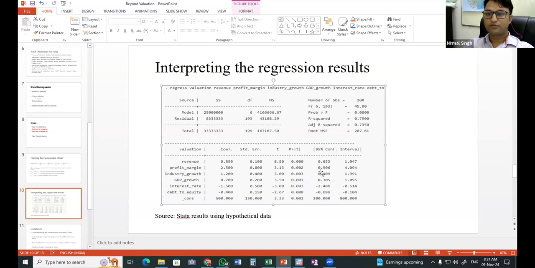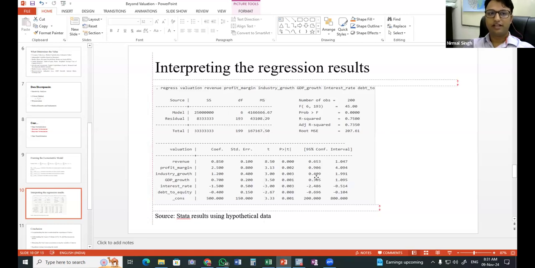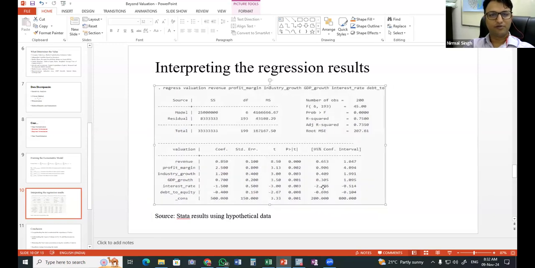And the other thing is, if the R square is coming out very high, then also we should be very cautious. Maybe there are outlier issues or missing data issues, because of which we might get extreme results. Sometimes it might be too good to be true, so we need to be very cautious.